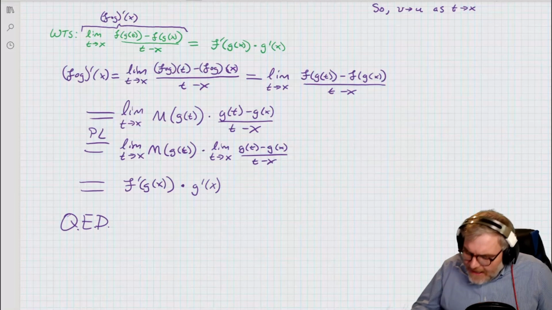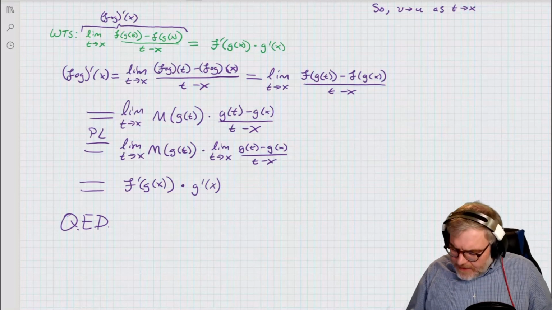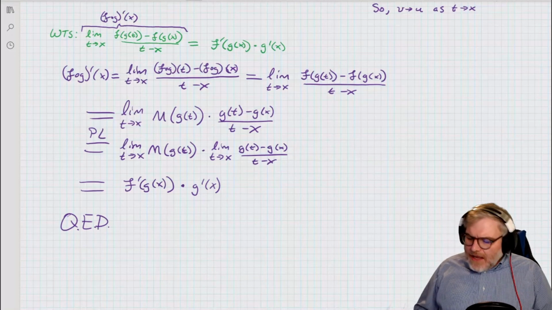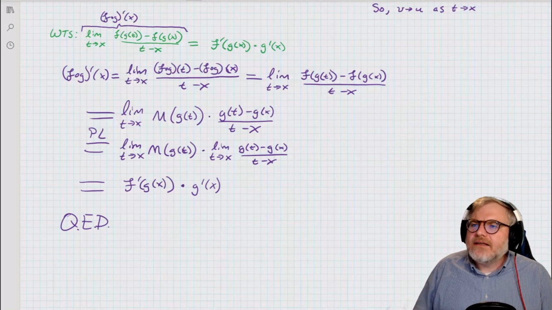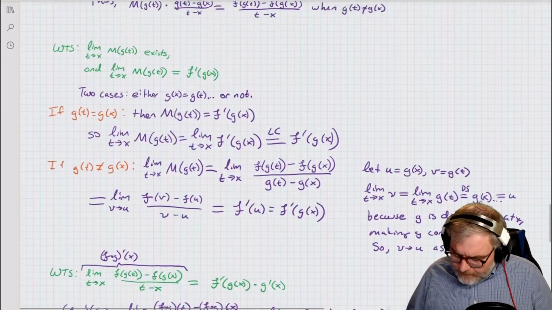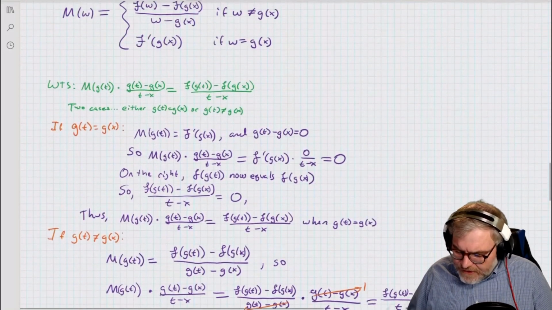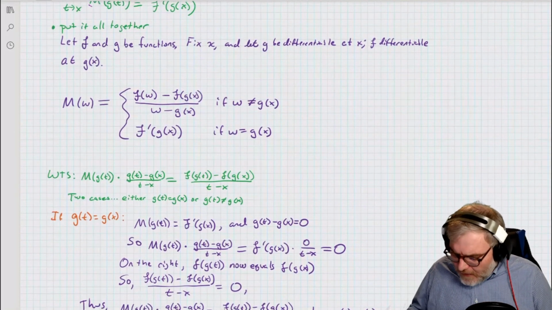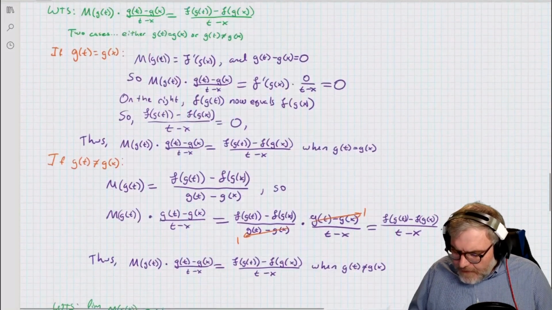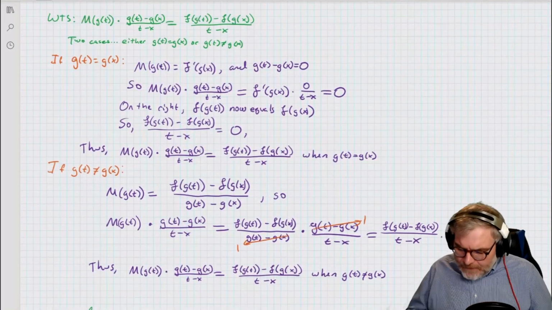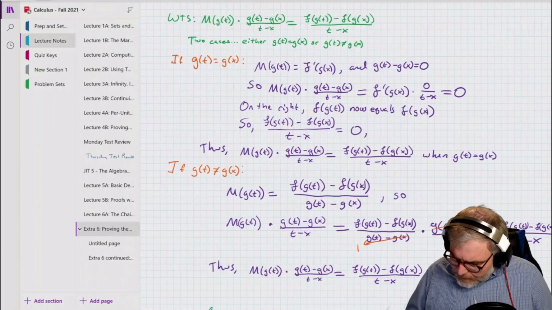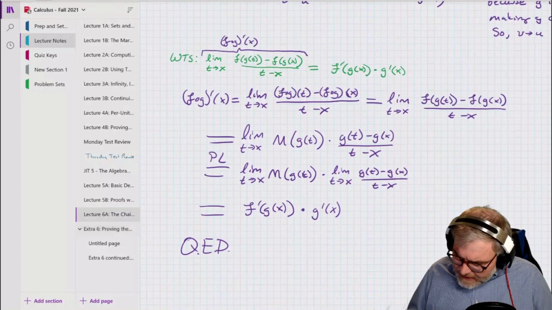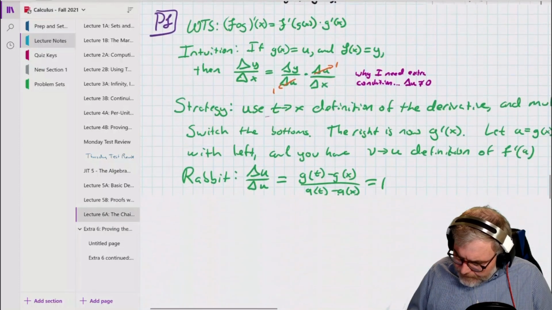I have shown that f circ g prime of x equals f prime of g of x times g prime of x. And it was a proof in pieces. And the pieces themselves were, first I had to create this function that I had more control over than the weird functions that I could wind up with. Then I had to show it was equal to the parts I had before. So if you look at this part of the proof here, and you compare it to this part of the diet proof,